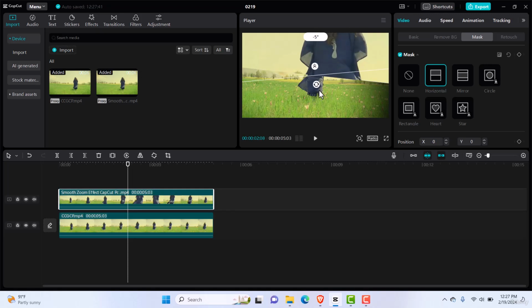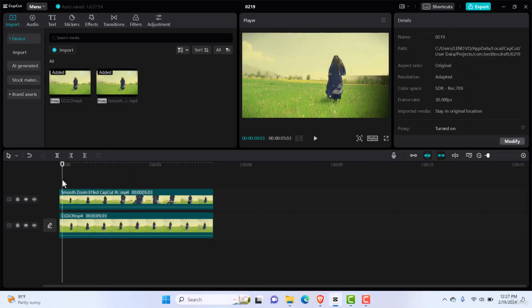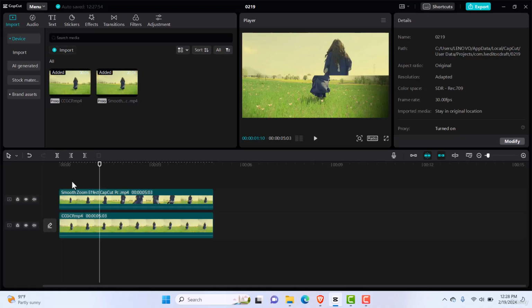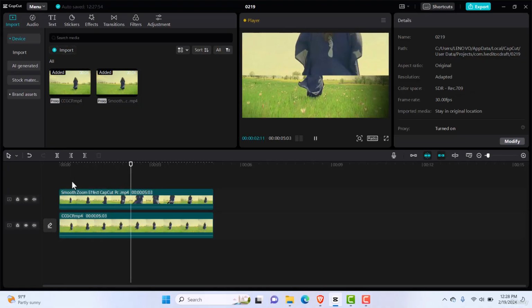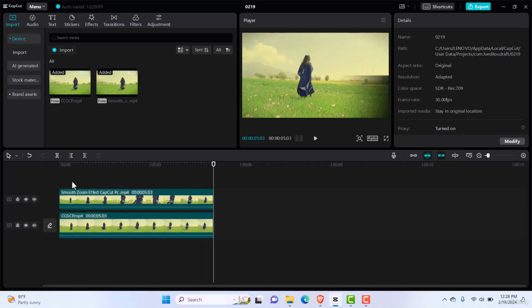Okay, so you have one with the zoom and the other one without the zoom. So they are just two clips now playing, and if we go to the beginning, we'll play them. This is what you get. Okay, this is what you get. Let me just play that for you. So you can see there are two clips. One is zooming in and one is just a normal clip, but they are two different clips and then they